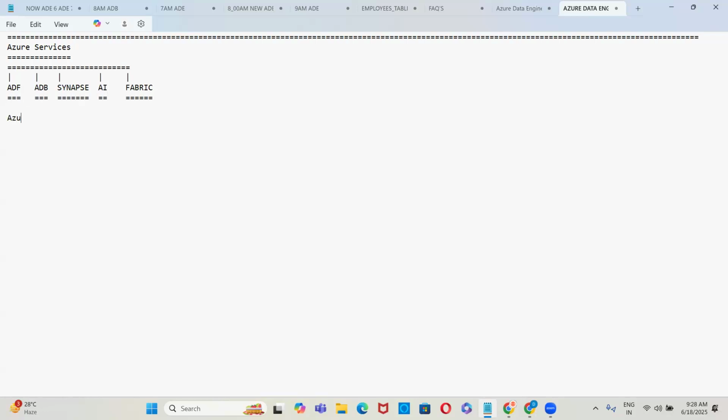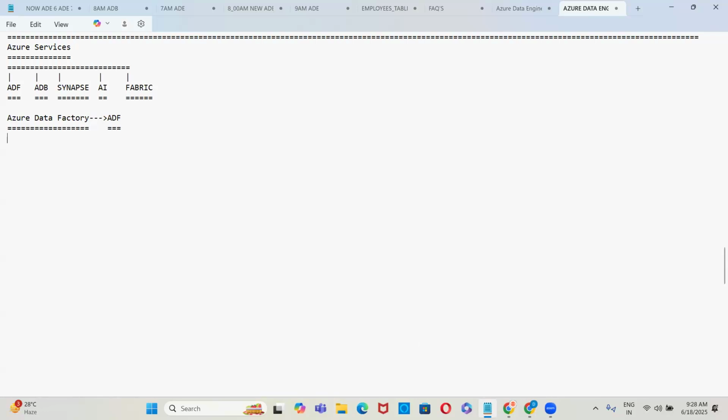So I'm using the Azure Data Factory, wherein the Azure Data Factory is nothing but ADF.